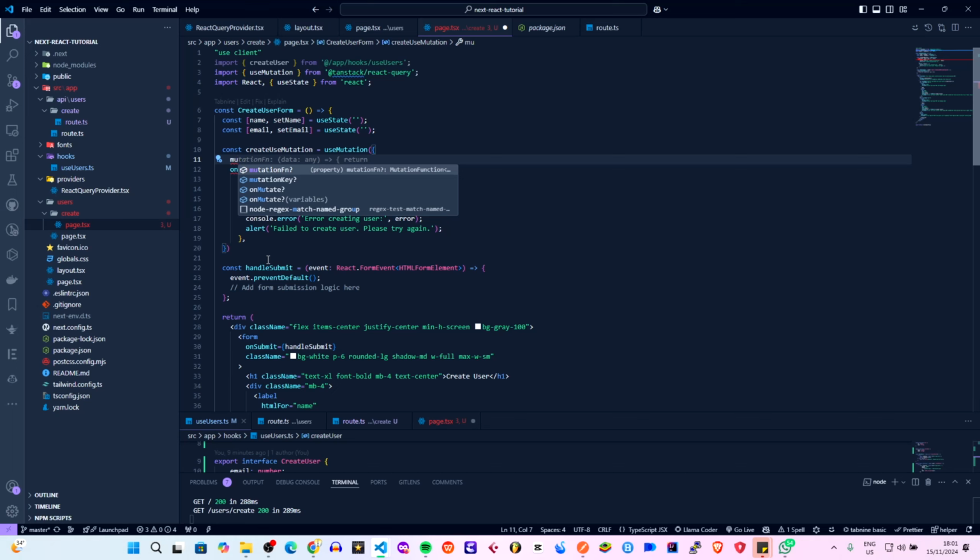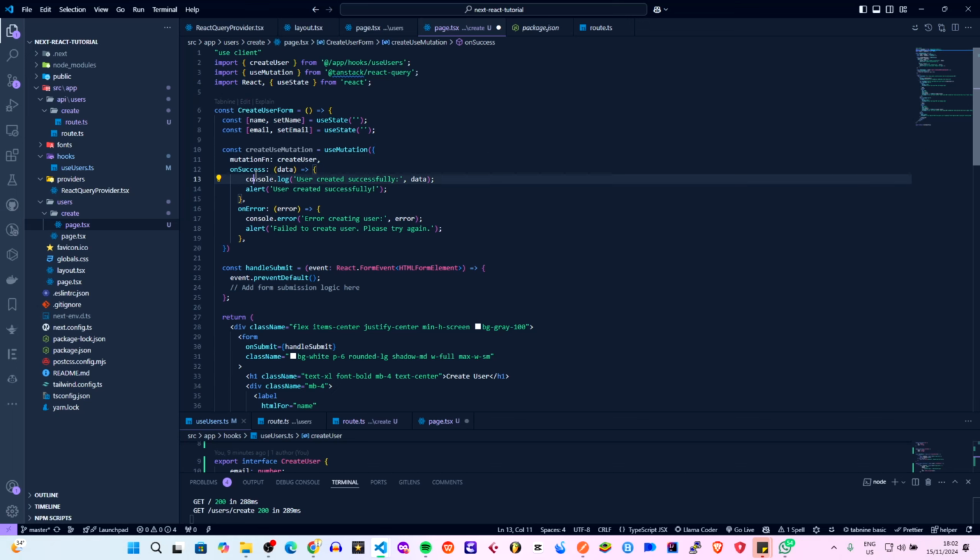You can see now that my typing matches with what VS Code is highlighting. It's following the TypeScript definitions. So this is the mutation function. This is where you pass the function to call your API,